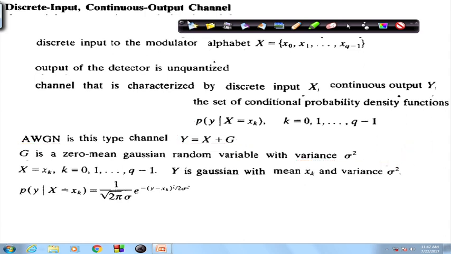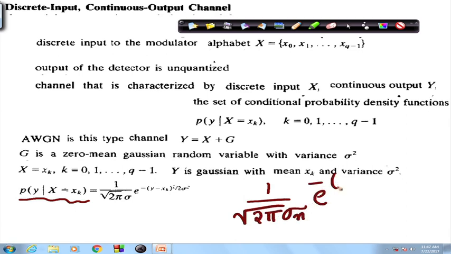That is what we have seen before, and the conditional PDF, we are used to this expression. There is nothing new in this expression, 1 by root 2 pi sigma, e to the power of minus (y, the received signal,